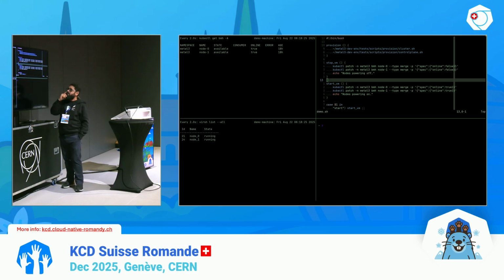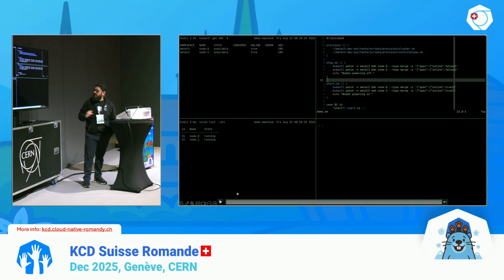And on the top right view, you have a very simple script where you have a function called start VM, which is doing nothing but patching the online state of this object, which you see on the top right. The online spec is patched. If you are starting the VM, it is patched to true, and if you are stopping the VM, the online spec is patched to false.